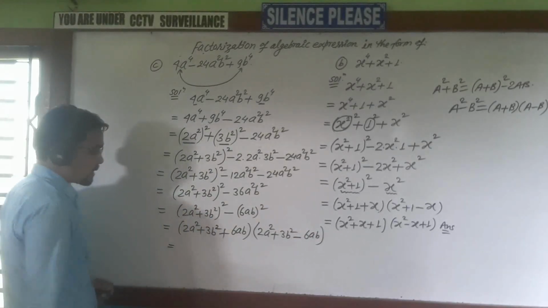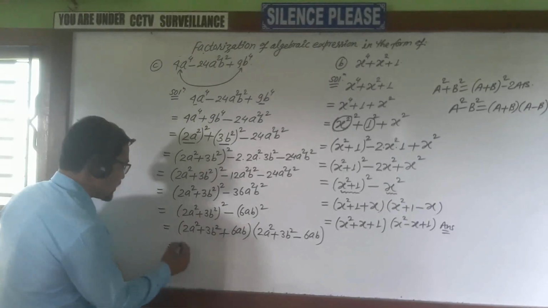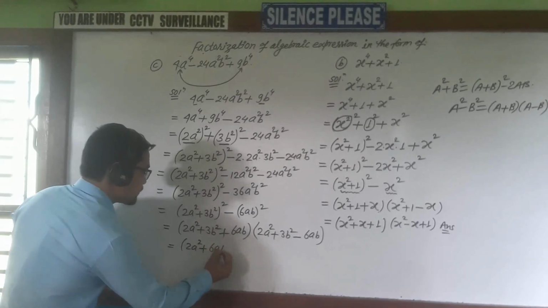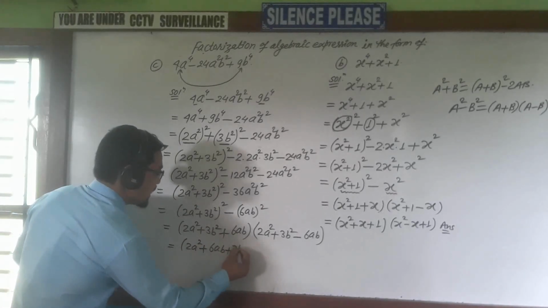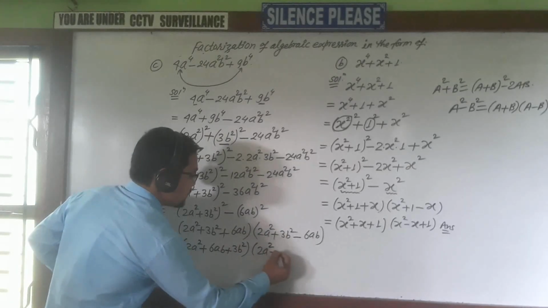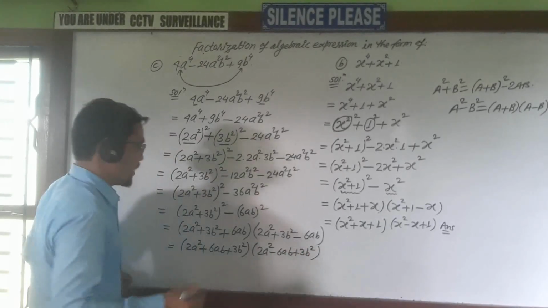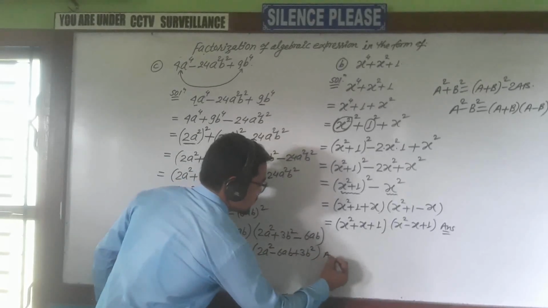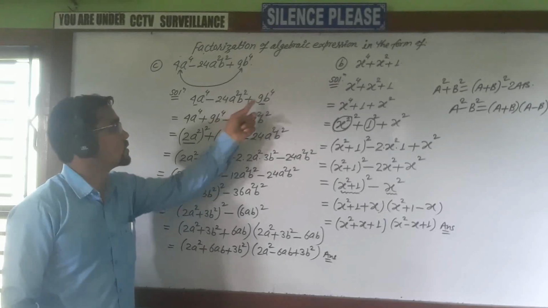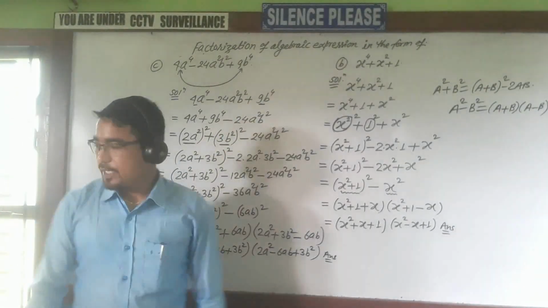Okay. Then finally we can write this by arranging the terms here. So this 2a square plus this 6ab we have to write in the middle, plus 3b square let's write at the back. Similarly here also we can arrange 2a square minus 6ab in the middle and plus 3b square at the back. Okay, so these are the required factors of this expression, 4a power 4 minus 24a square b square plus 3 power. I think you understood this very clearly. Okay, next question.